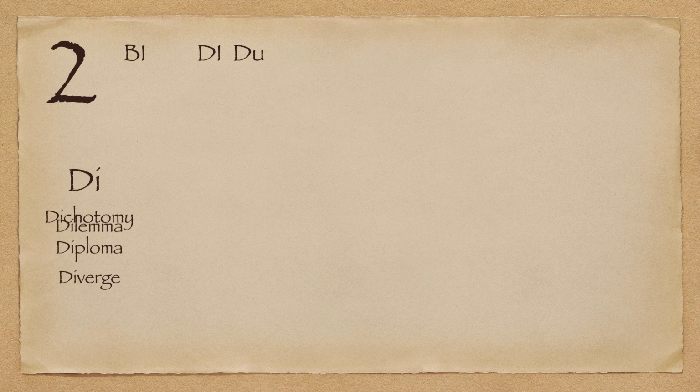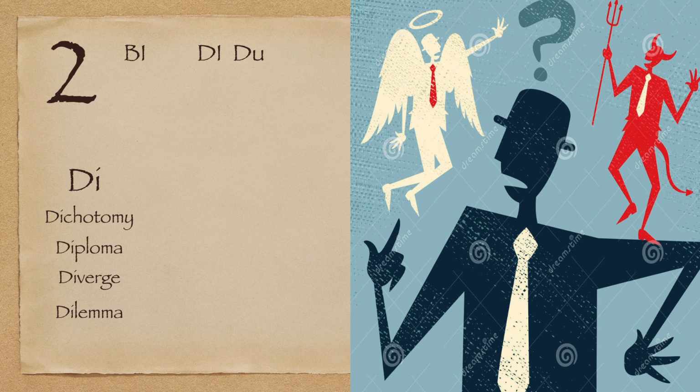Next up is dilemma. Dilemma is a situation in which a difficult choice has to be made between two or more alternatives, especially ones that are equally undesirable, right? Or you don't like both these situations, right? A difficult situation or a problem, essentially. So die is two, and lemma is a premise, or premise is a reason, essentially. So having two reasons, so being confused between two options, or having a difficult time in choosing between two options